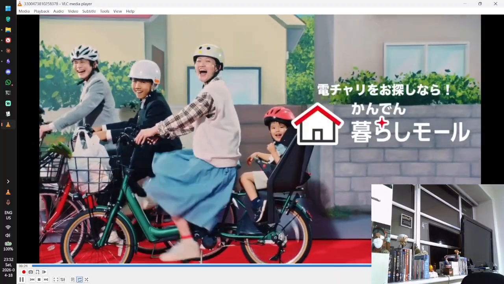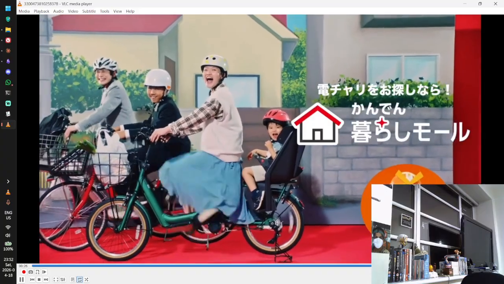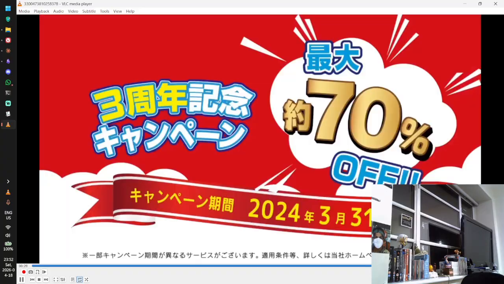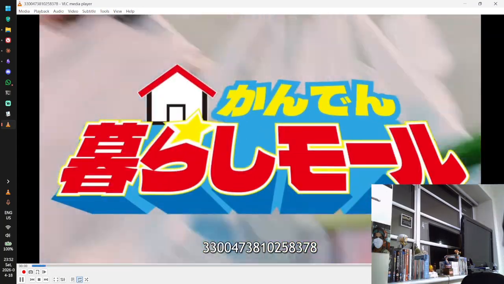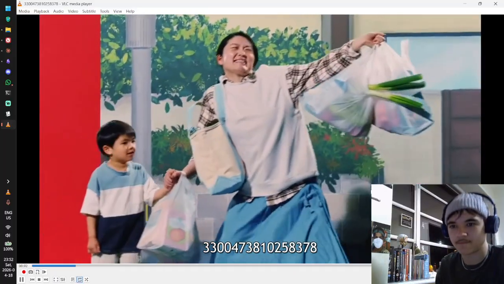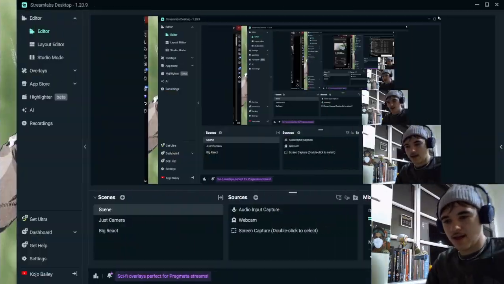Yes. 関電なら暮らしに役立つサービスいっぱい。関電暮らしモードから読んでね。キャンペーン中。関電暮らしモード。